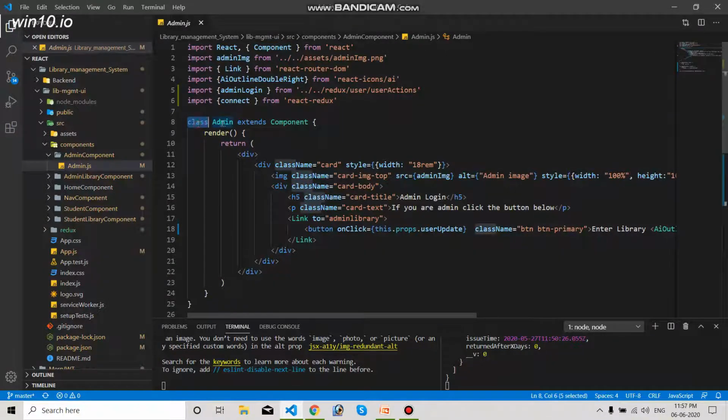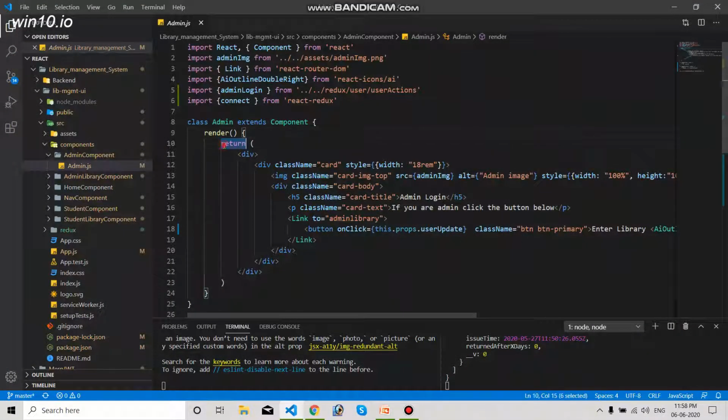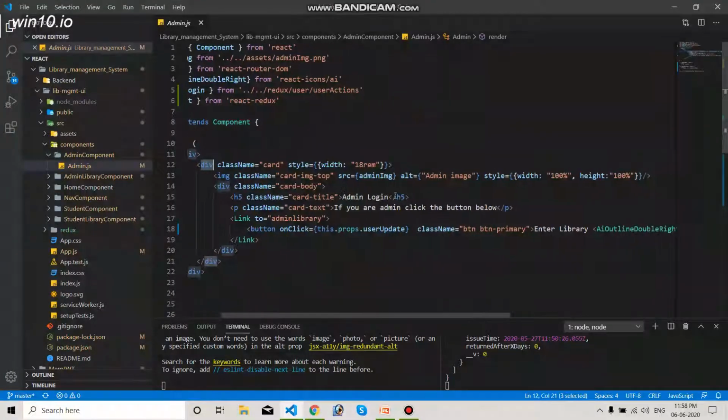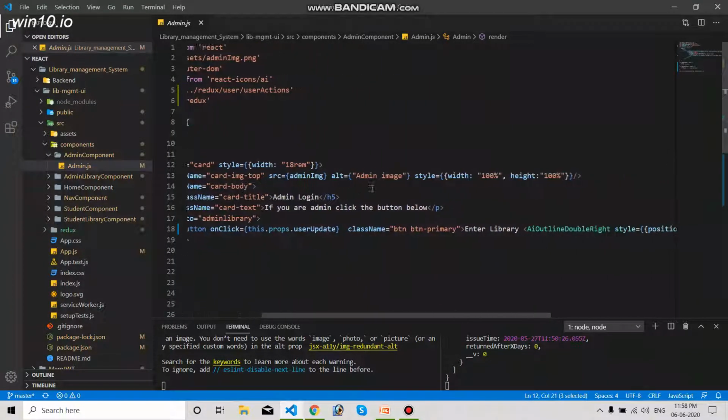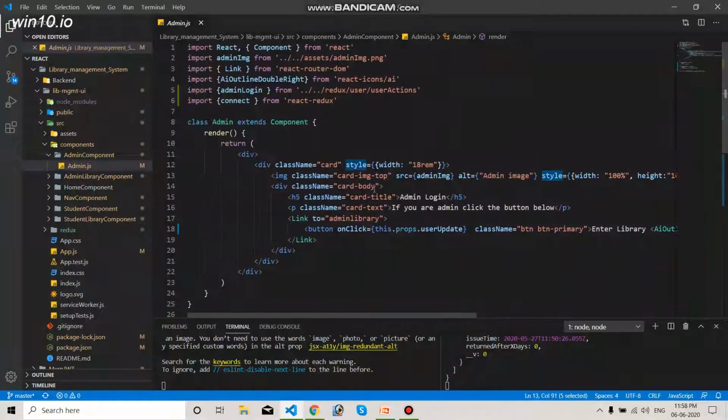This is a class component, and a class component has a render method, the default method provided by the React class component, and we return the JSX here. Inside the JSX I have created a card. This is also the Bootstrap card.